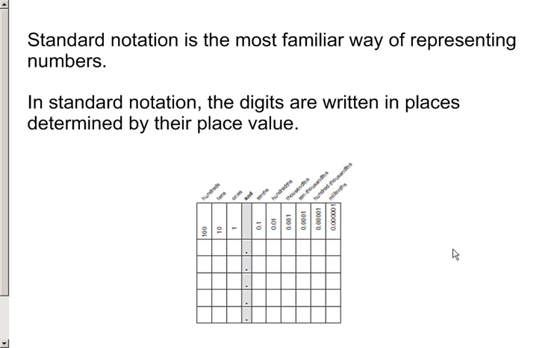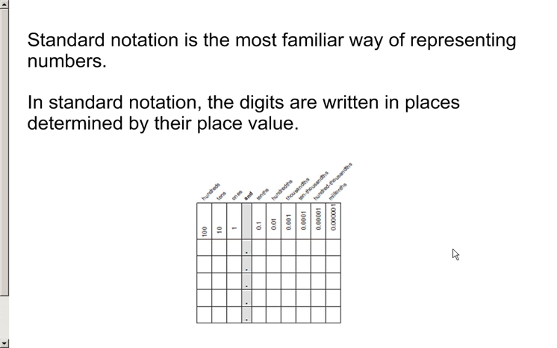First of all, we're going to talk about standard notation. Standard notation, again, is the most familiar way of representing numbers. In standard notation, the digits are written in places determined by their place value. So again, I put a place value chart. This time, we've got whole numbers to the left of the decimal and decimal places to the right, fractional parts. So you can see tenths, hundredths, thousandths. Again, we can look for patterns. Each place value is 1/10 the value of the place to the left. So this time, a tenth is 1/10 of 1, the hundredth is 1/10 of 1/10, and the thousandth is 1/10 of